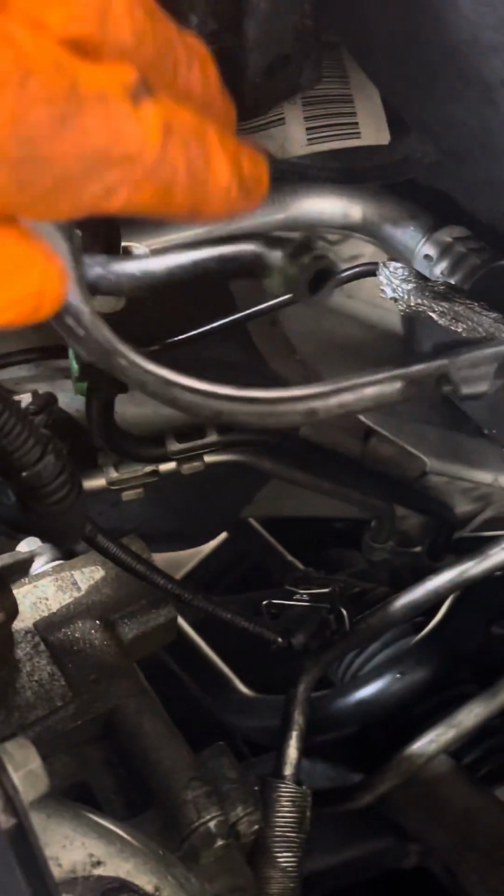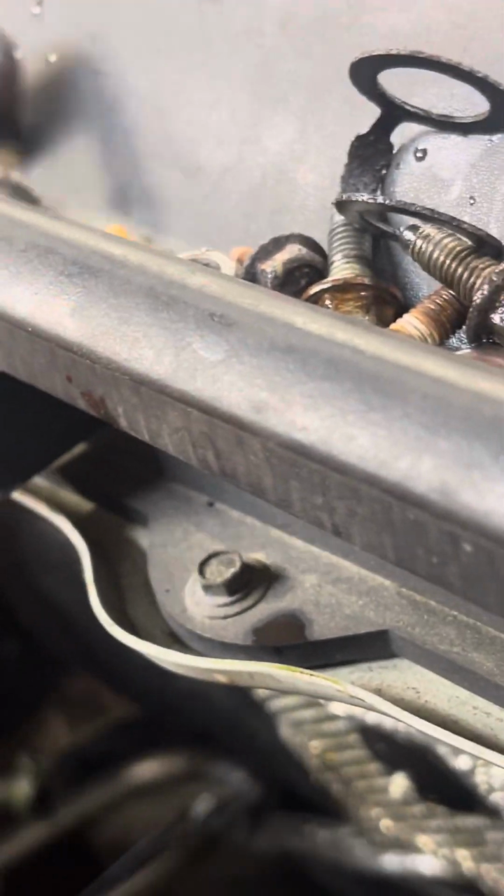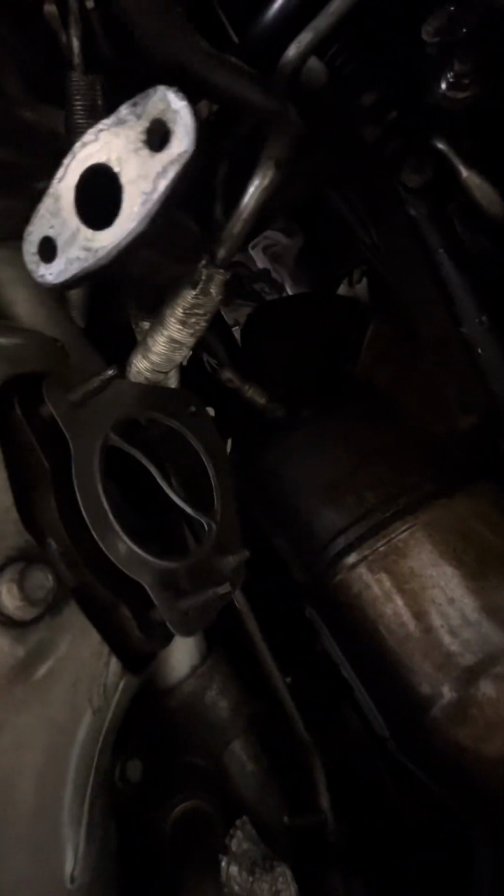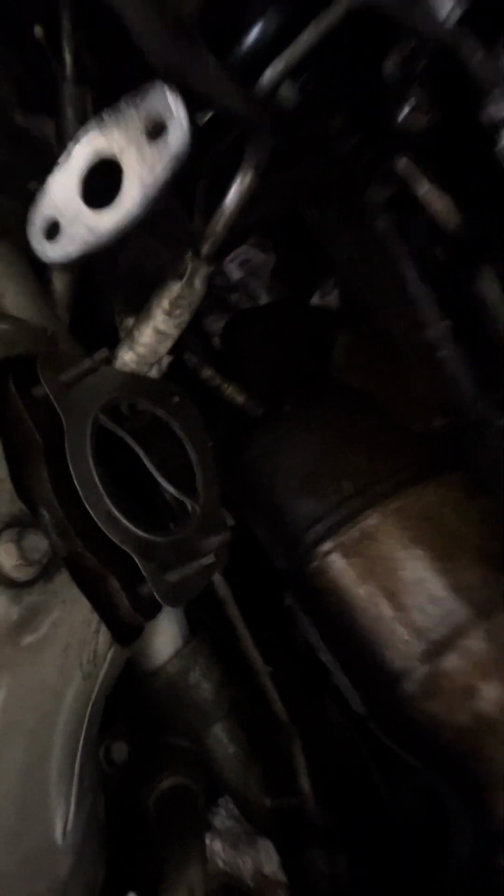Here's the vacuum from the motor. Coolant right there. Your plug right here comes off, and you have no room. It is actually a pretty big job to even get down to this. So you'll have your bolts right there for your exhaust off the cylinder head,